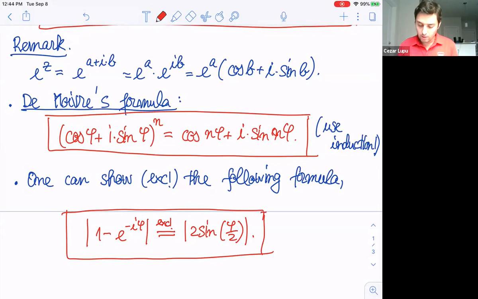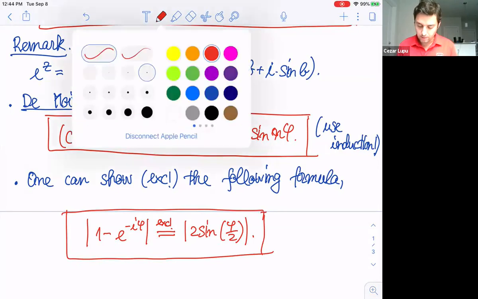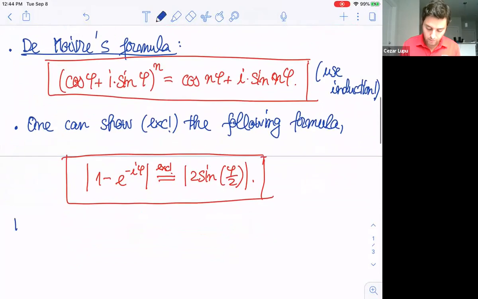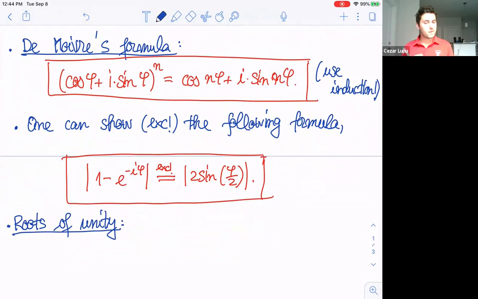Anyway, now I want to talk about something else as well. I want to say a few words about roots of unity, because these are very important. And we will use these roots of unity even when we deal with polynomials as well. The roots of unity basically say that, given a positive integer n,